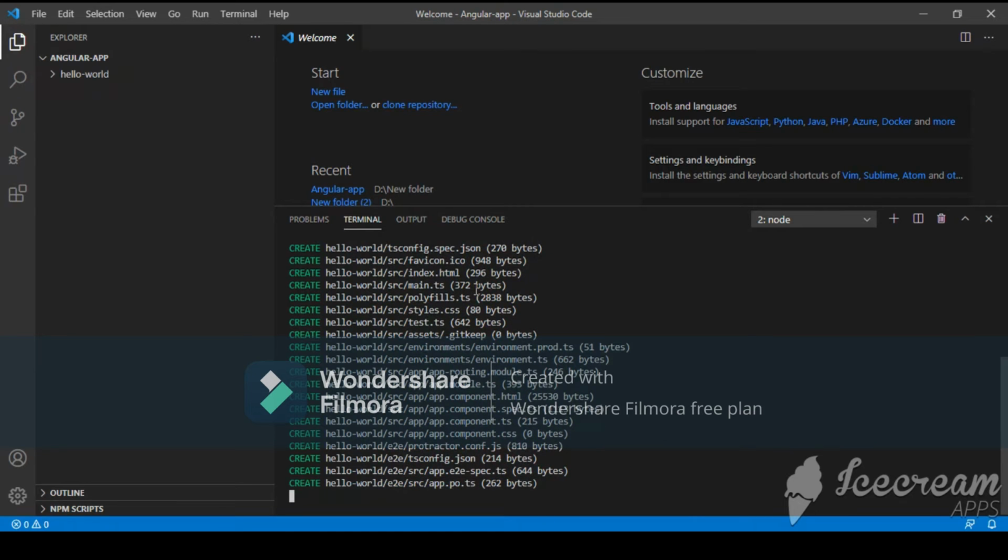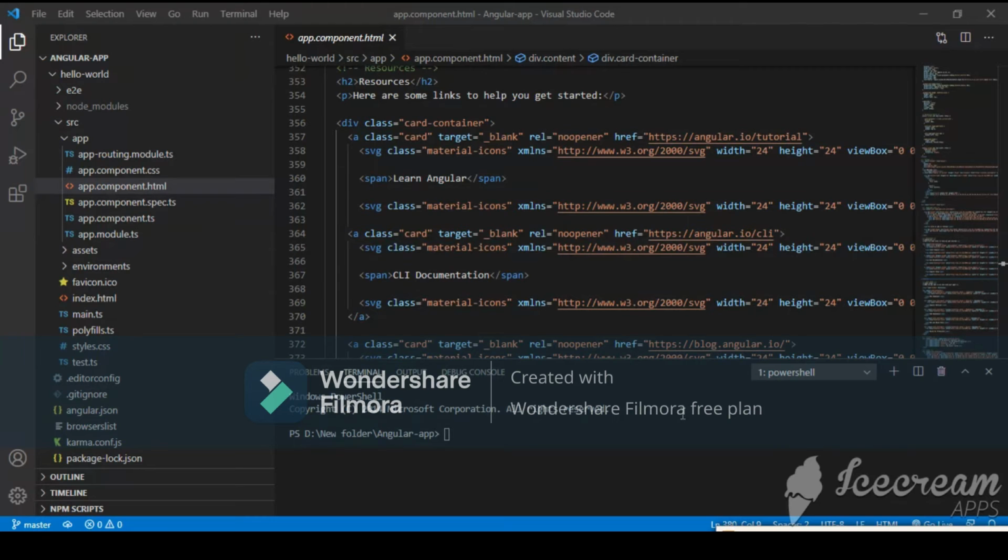So my project gets compiled. We'll wait for the project to get compiled. It has been compiled and you will get the folder structure on the left hand side. So this is my folder structure which has been generated after the compilation of the project. You'll have the node modules folder, the src folder, and app.